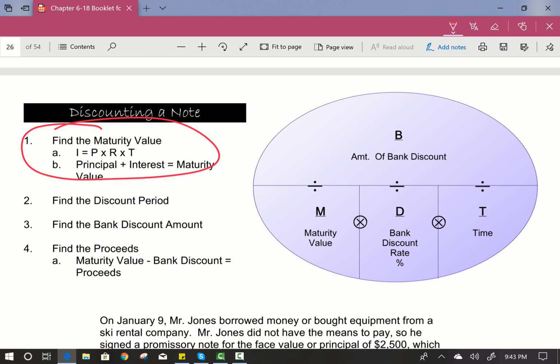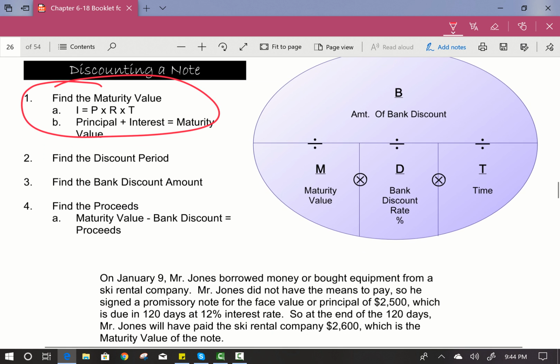Okay, then the second step is to find the discount period. The third step is find the discount amount, and the fourth is the proceeds. Okay, so now we have a new set. When we're discounting a note in step 2, the IPERT changes. Now the interest is now the bank discount amount. Then the face value is now the maturity value times the bank discount rate times the time that it's being